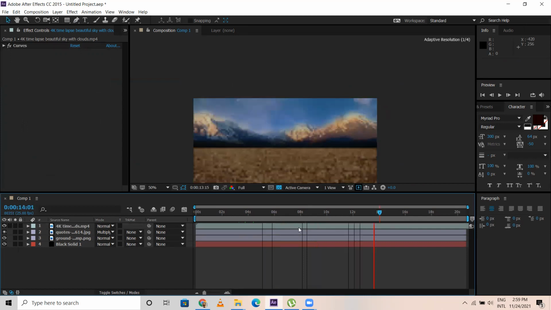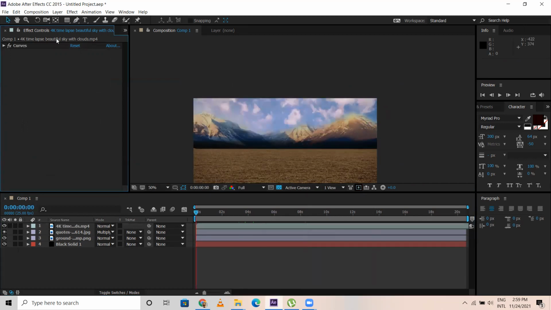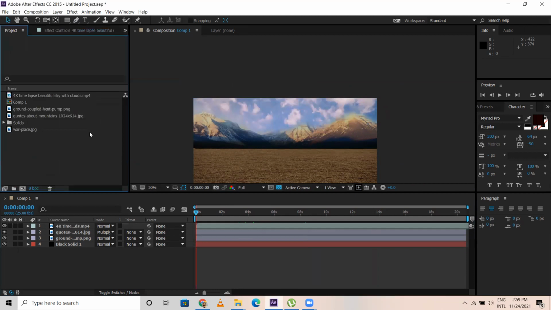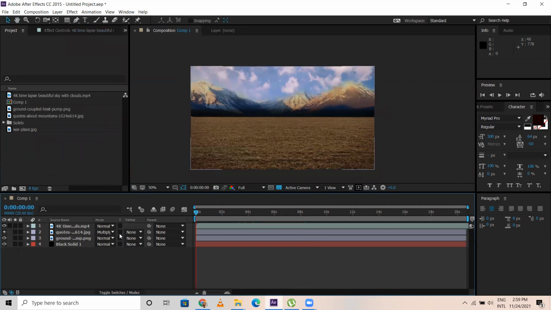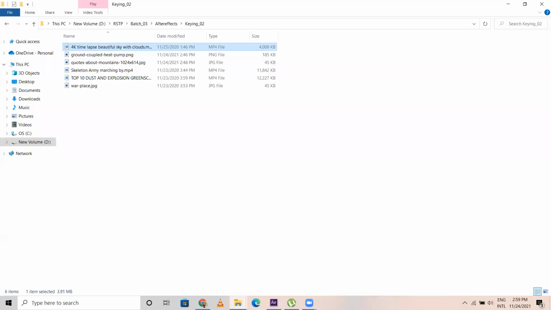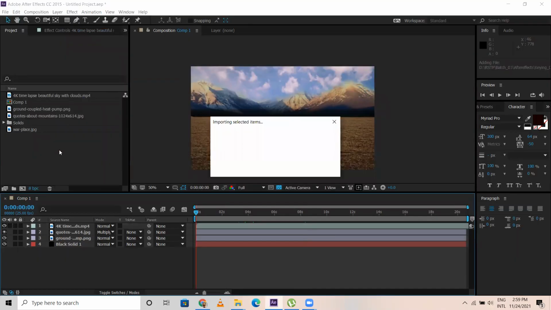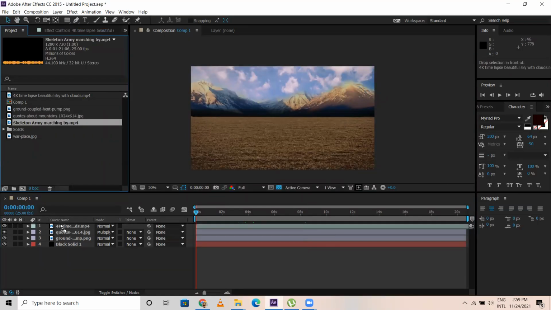It's like this. Now almost the RGB part is done. Next, what I do is skeleton army. Drag and drop into this. Get the skeleton army on top.